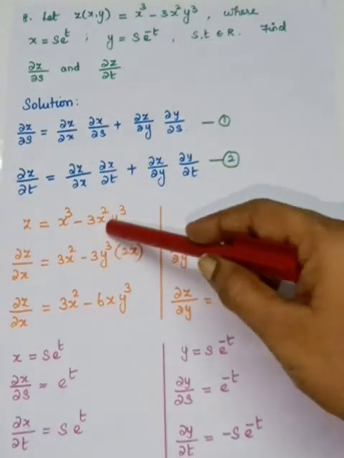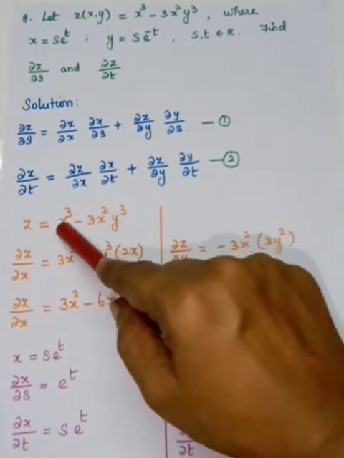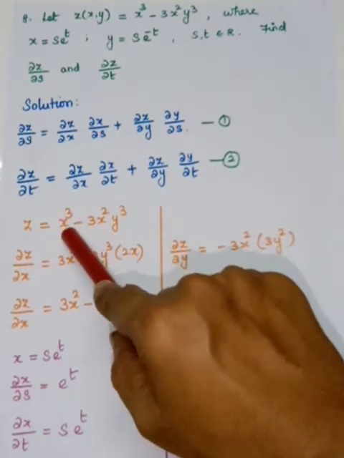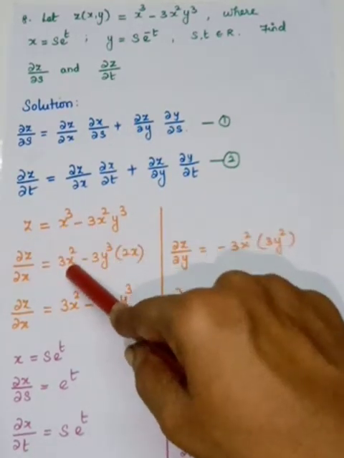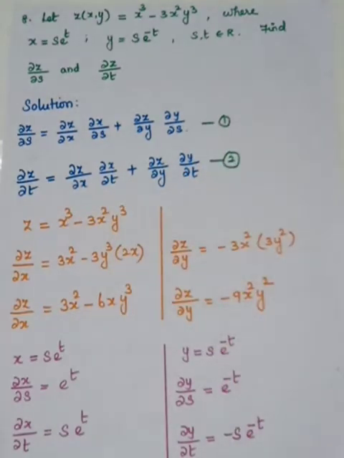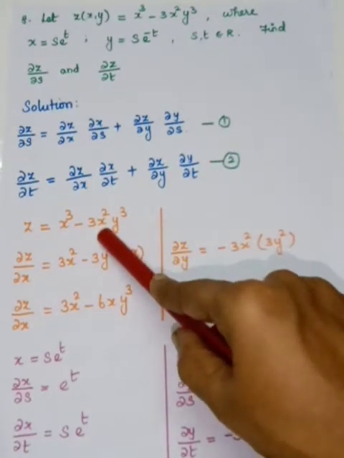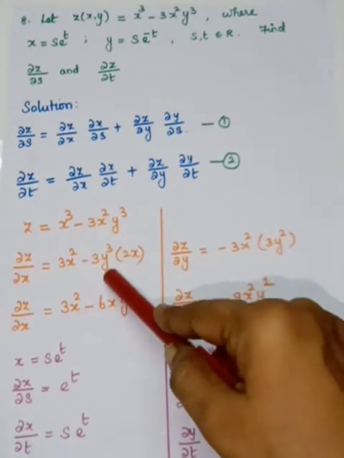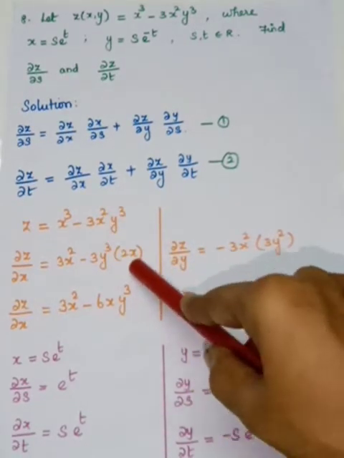Okay, consider the z. First ∂z/∂x. See that here you have two terms, in between you have subtraction. So you have to differentiate one by one. Take the first term x³. Here also it has to be differentiated partially with respect to x. So it is 3x². Coming to the second term, here x and y both are involved. So while you are going for the partial differentiation, you have to take the constant out. So minus 3 is a constant, also y³. So minus 3y³ is taken out. What is remaining? x². The differentiation of x² with respect to x is 2x.